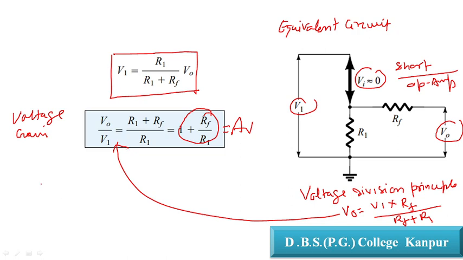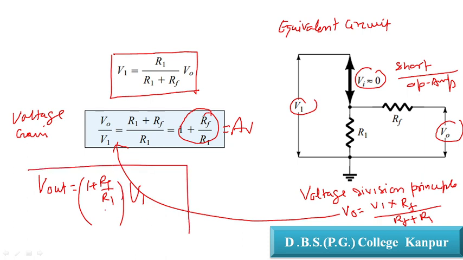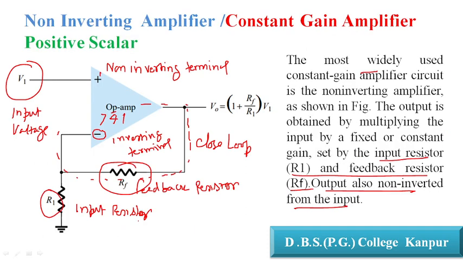So the output in this case, you are getting Vout equal to 1 plus Rf upon R1 multiplied by V1. So this is the output voltage by using this method. It is a very simple method of developing the value